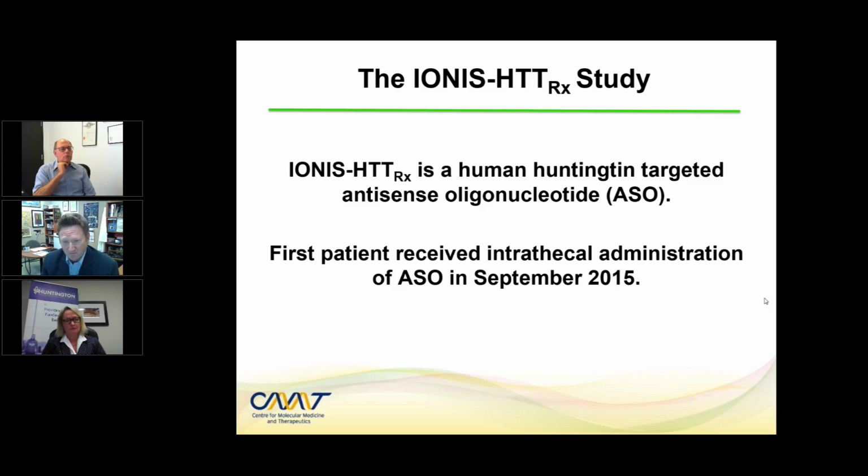But to be very clear, this is a first-in-human study. It's a study for safety of this approach. So far, all evidence suggests that it is safe, and that's fantastic. That's wonderful that we've got to this point where all the doses have been administered, all the patients enrolled, without any concerns about safety. Once the last patient is complete, then we can start to analyze some of this very